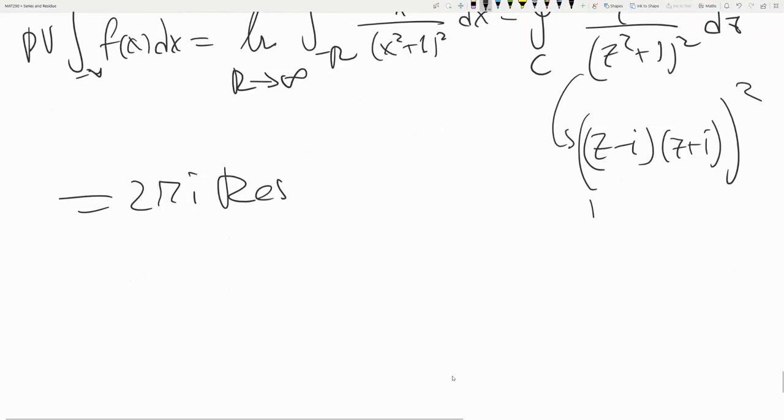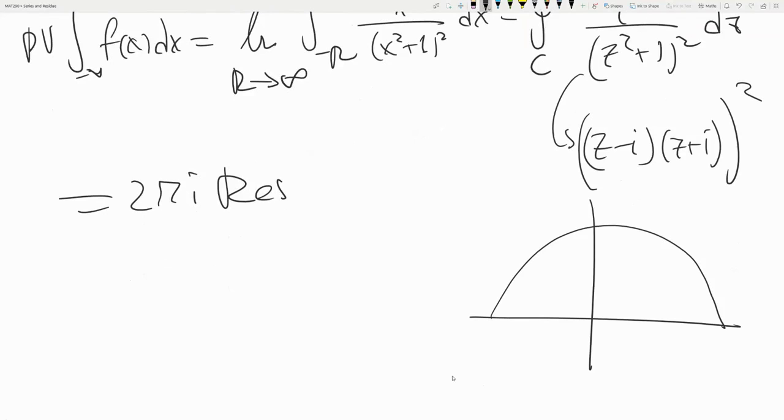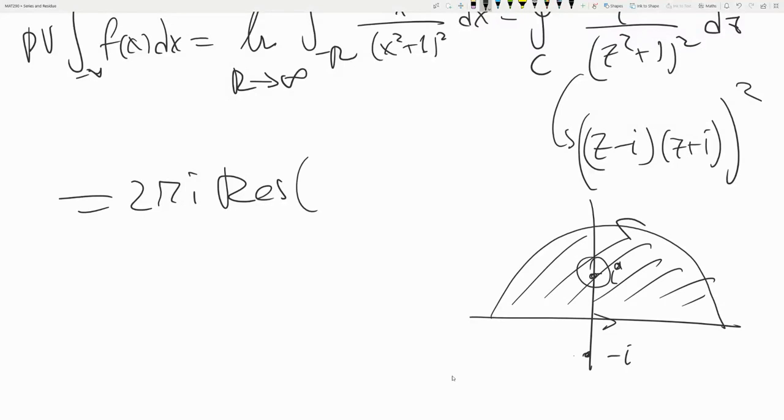Okay, and here's the contour, and here's the two poles. But the only pole that matters is the one inside. So we only have a single pole at z equal i. So f of z at i, and that's it. There is no other pole. And as you can see, it's order 2. Okay? Alright, because I want to keep going with this, let me just write down what you have to evaluate,